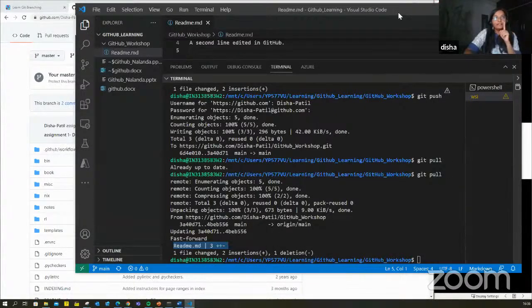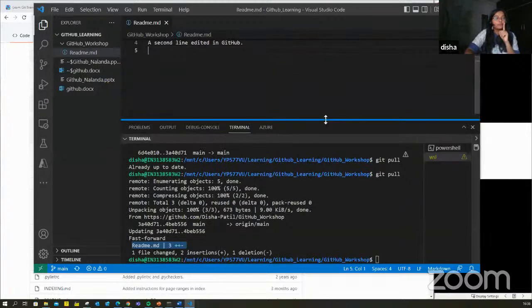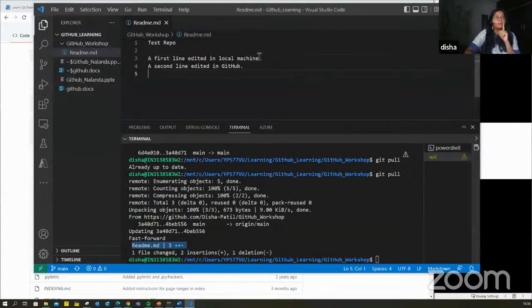So this window that I am working on is called Visual Studio Code. Basically, you can edit and write your code in Visual Studio Code, like you use RStudio for writing R code, right? Similarly, you can use Visual Studio Code to write your code. It's basically an editor. There are other editors as well which you can use. VS Code is really good. It allows a lot of flexibility to programmers and developers.